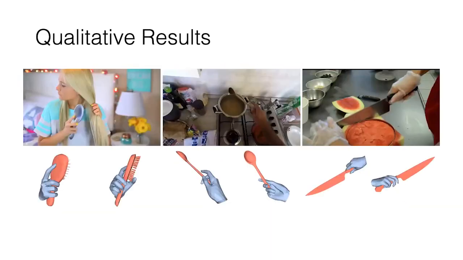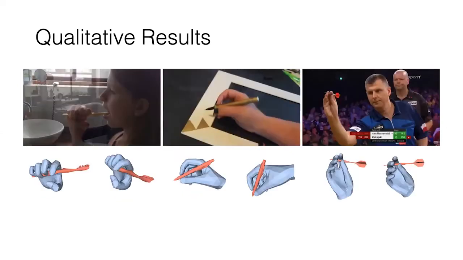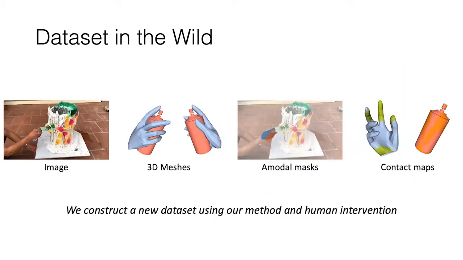Here are some qualitative results. We took data from 100 Days of Hands and Epic Kitchens, which are both excellent 2D datasets with really interesting hand-object interactions. Since this is an optimization method, it has a lot of knobs, which means it's actually good for humans to intervene and improve the reconstruction. So we constructed a new dataset using our method and human intervention, on 500 or so images